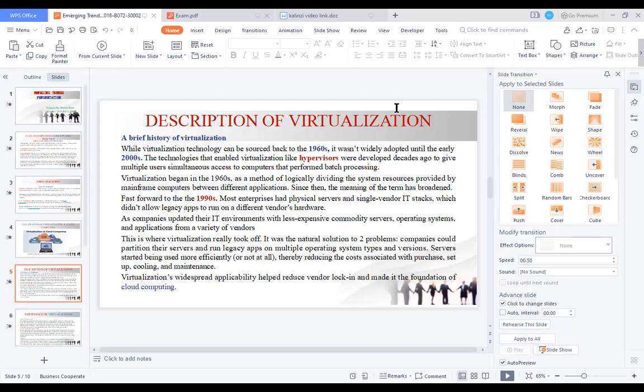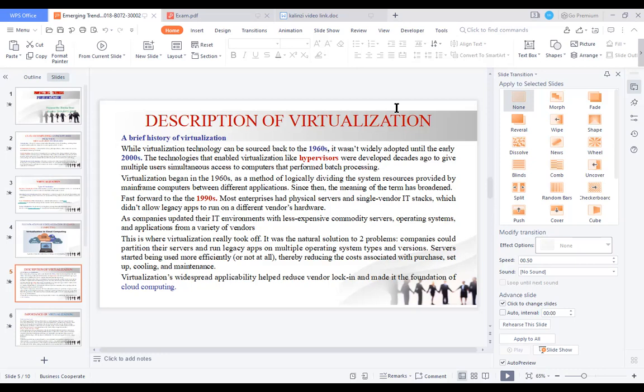The technology that enabled virtualization, like hypervisors, was developed decades ago to give multiple users simultaneous access to computers that performed batch processing.